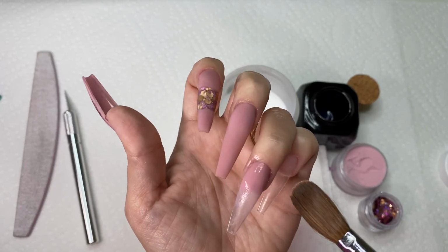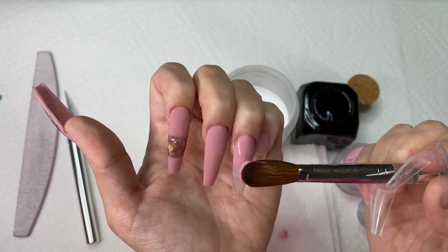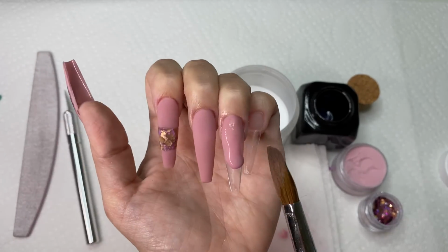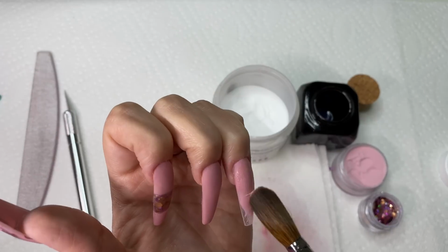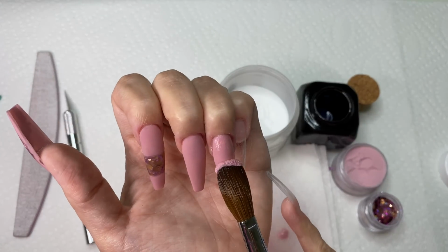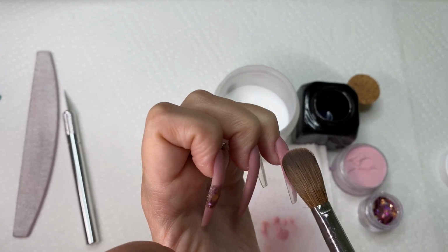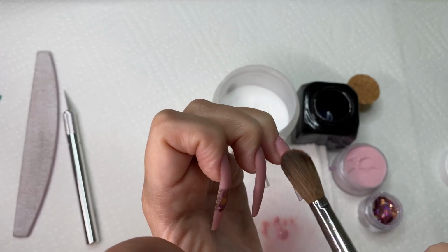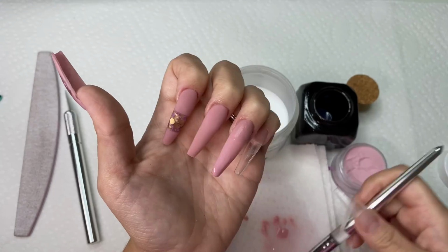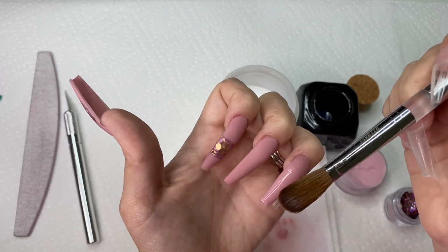Something that I haven't mentioned that is really important is when you go in to do your clear layer and you're doing a colored set like this, where your color is acrylic, make sure that it is thin. So your clear layer needs to be really thin. If it is slightly thick, especially on the side walls up by your natural nail, when you go to file, after you've applied your color and everything, it's going to show through. So you're going to end up filing the color off,